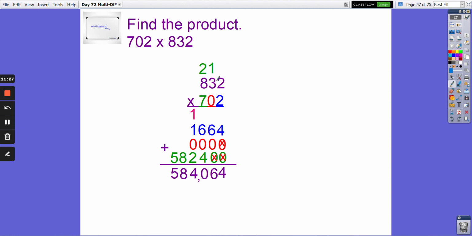Then for our 7, that 7 is worth 700, so we have 2 placeholders there. 7 times 2 gives us 14, right? The 1 above, the 4 below. 7 times 3 gives us 21, plus that 1 gives us 22, right? 1, 2 above, 1, 2 below. 7 times 8 gives me 56, and 56 plus 2 gives me 58. When I add these numbers all together, I get